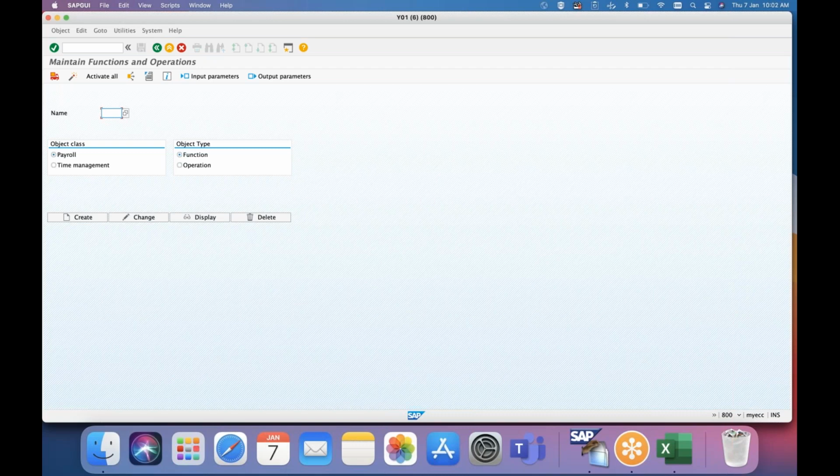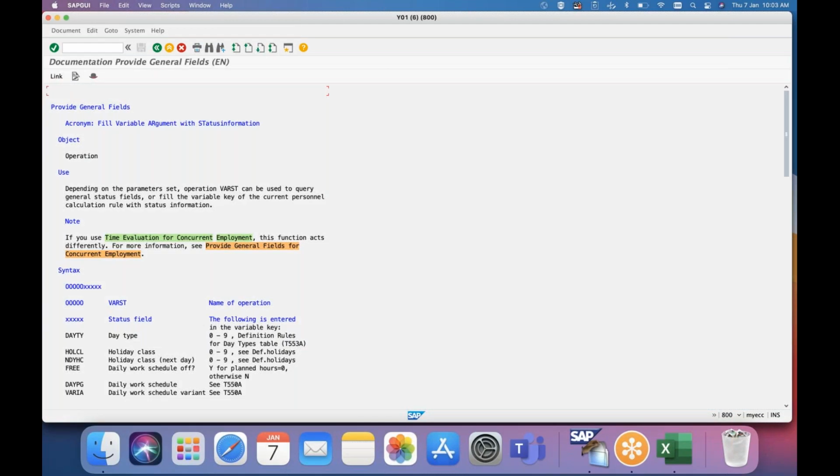I think you have not attended the demo, or you are a bit late, maybe. Whenever I'm writing a PCR, say for example, take for the day, I have written a PCR and I have used an operation called VR. You just have to take a screenshot of the PCR and note this operation. Only one operation we have used, right? ADDDB is a quite common operation. Whenever you write a PCR, that is the common one to add data and type. Even VRST is also a commonly used operation. You can go to P04 and search for the documentation for that.